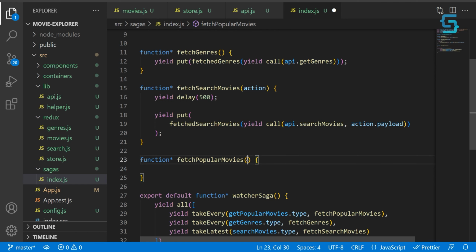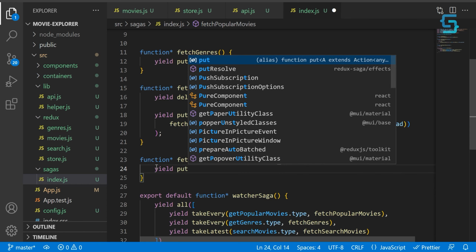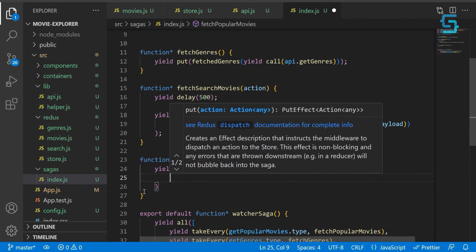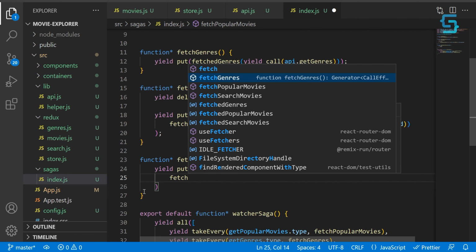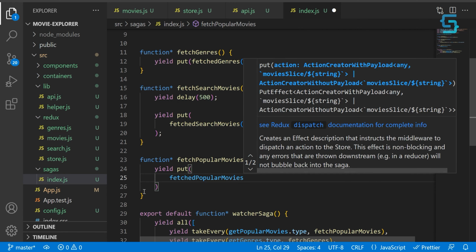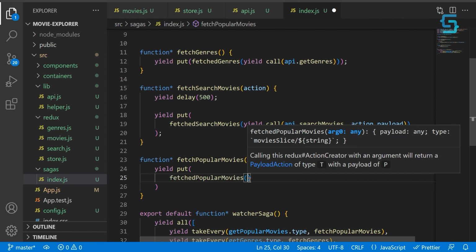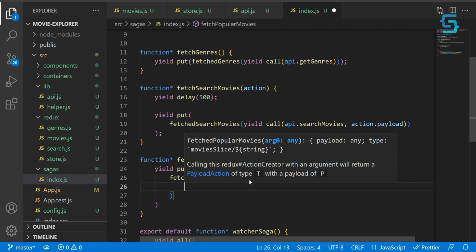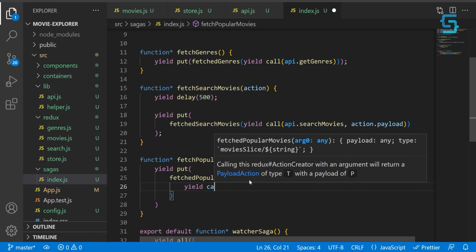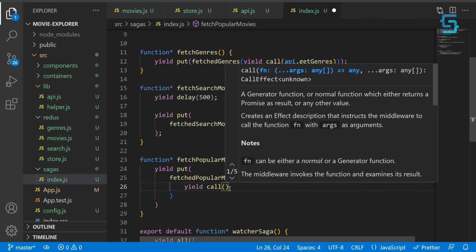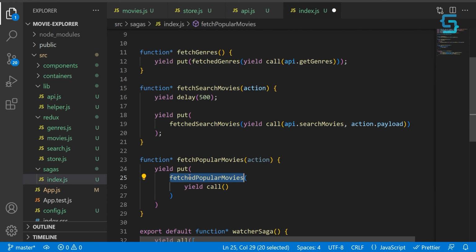This function receives an action, and inside of this action, we're going to receive the page that we want to load from the API. So again, we're using the yield keyword, and we're triggering an action. The action this time is fetched popular movies. This is the action that we want to fetch when the API call has been finished, and when we return the JSON format. So we want to pass in a payload inside of this action as a result of the call method, and the result of this call method is going to be returned inside of the payload of this